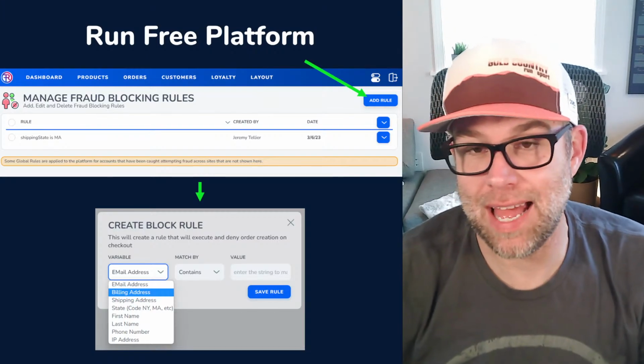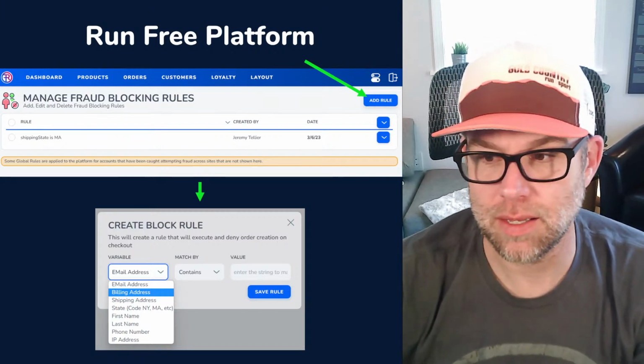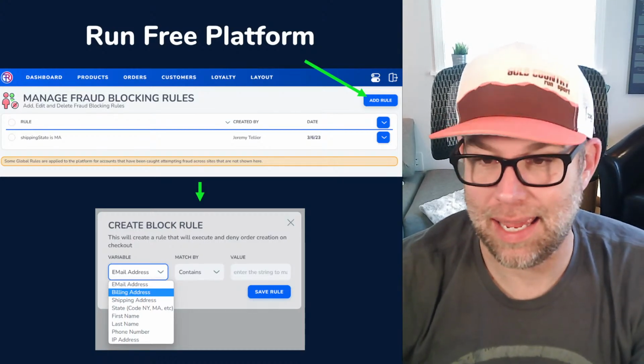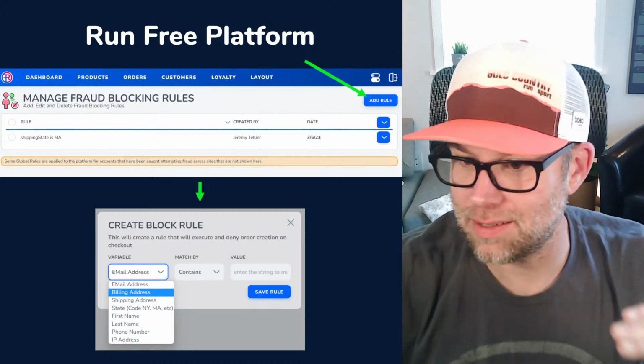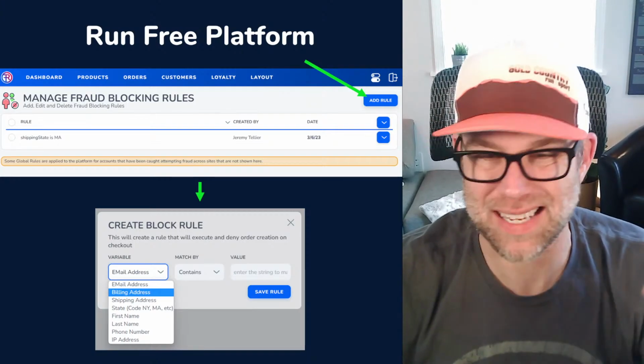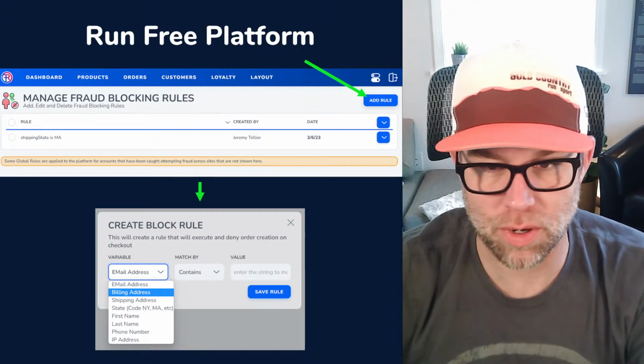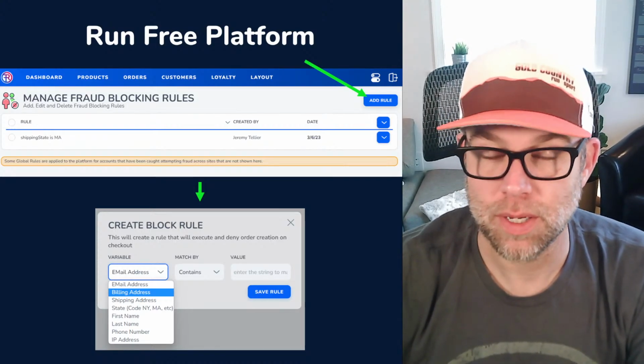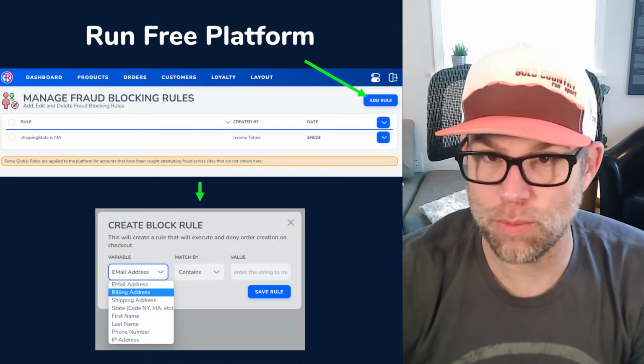A common situation where this would be helpful would be if I have somebody that's clearly committing card testing fraud, and I see all their denied attempts and then a couple of good ones. I know this is what they're doing as the store owner. If I go in and block their account as a first step, which is the wrong thing to do, but we'll talk about that in a minute,